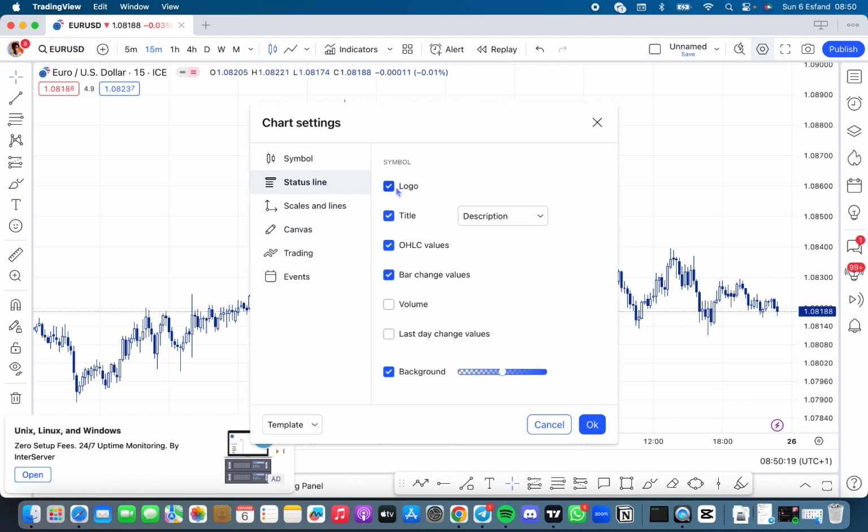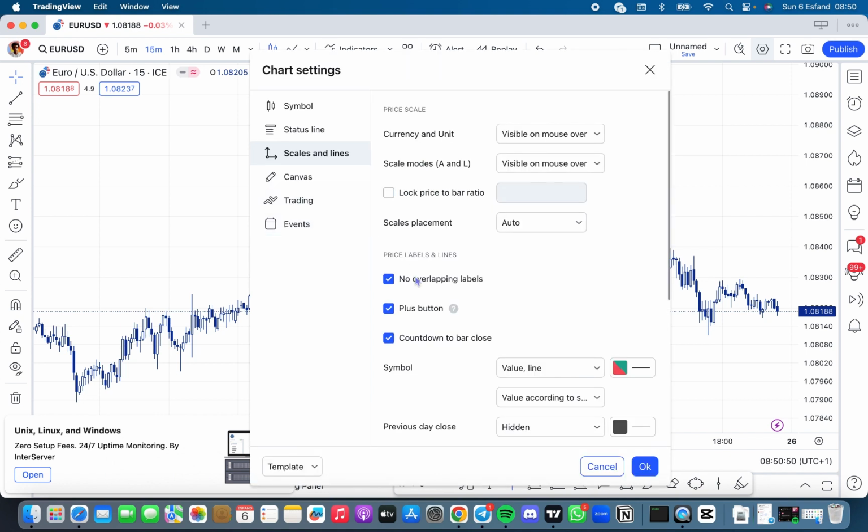We have the status line. So this status line is just to show us, if we get on top, the logo of this area disappears. If we are on top, the title disappears. Open, high and close. You see the open, high and close. It's just telling us for the current candle what's the open, that's where the candle opened, where is the high, where the candle has its high, what's the low, what's the close, right? So when I untick it, I don't see it again. Bar change disappears, right? So that's just it. So for now, you just keep it on,